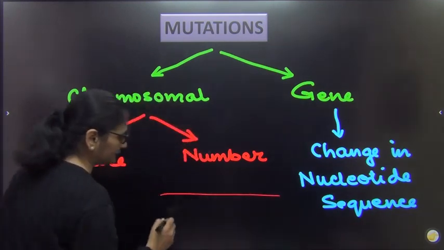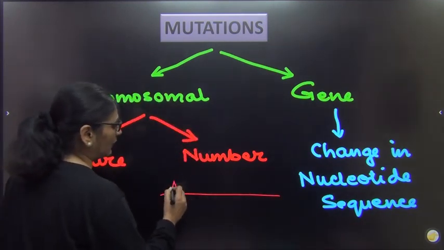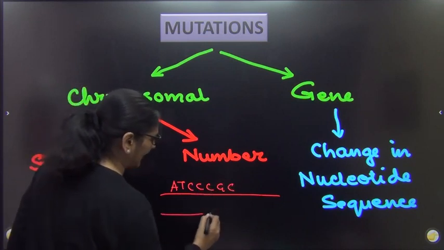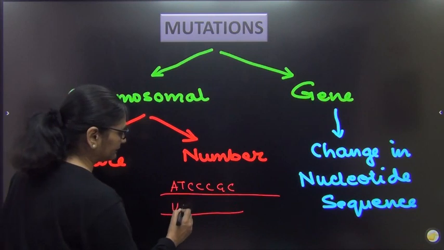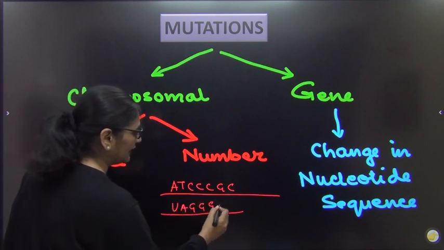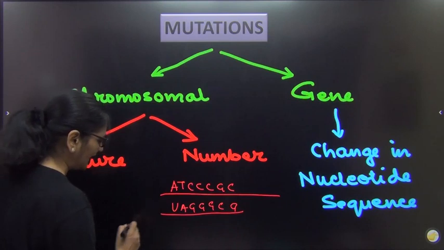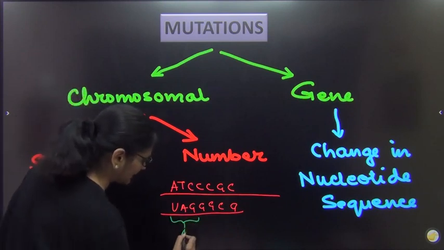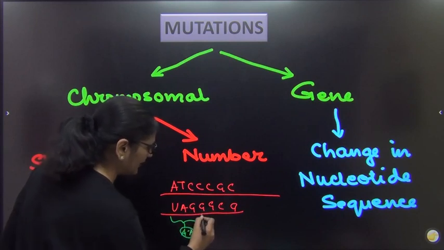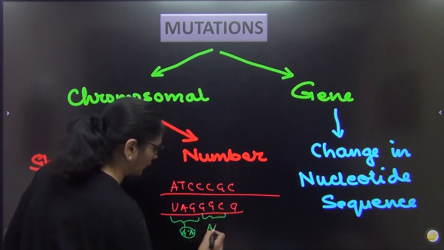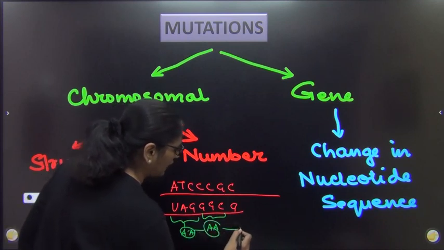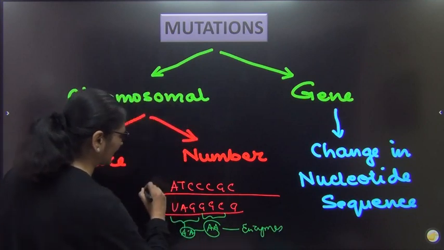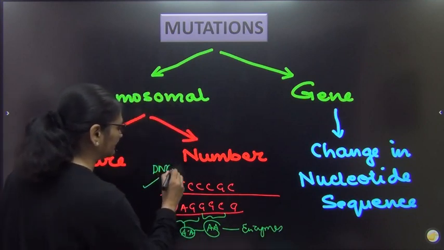This is my DNA. Now we know that DNA is made up of nucleotides, right? So corresponding nucleotides are found in RNA as well, right? So this is the corresponding RNA, and you know that 3 nucleotides code for 1 amino acid, and when these amino acids are joined by peptide bonds, right? It forms enzymes. And these enzymes bring about the phenotypic expression of this DNA molecule, right?